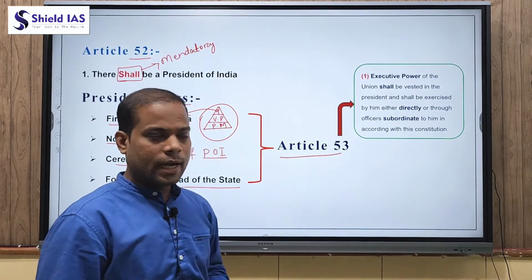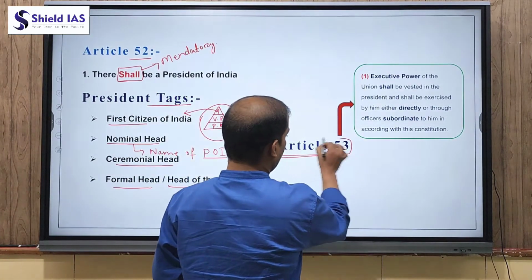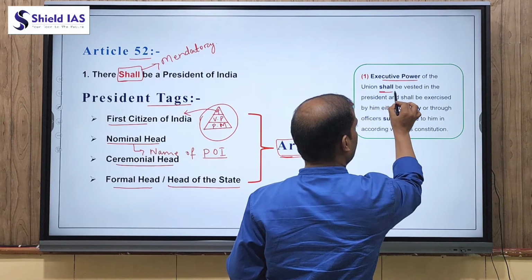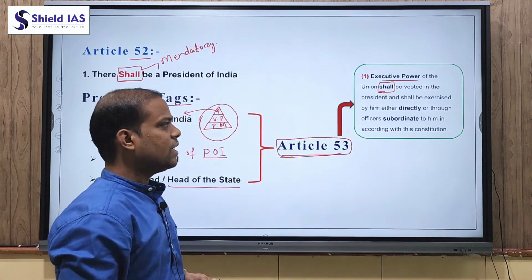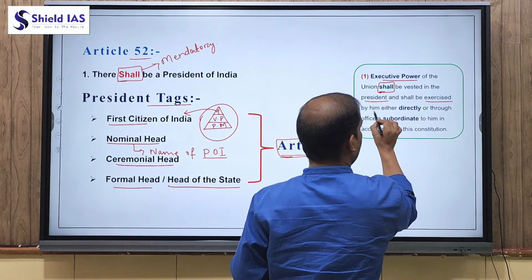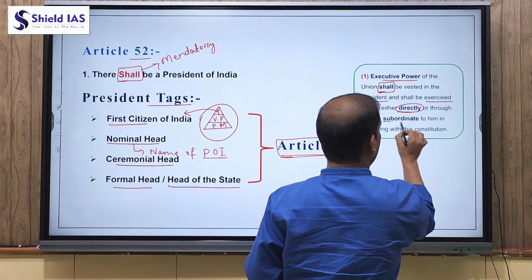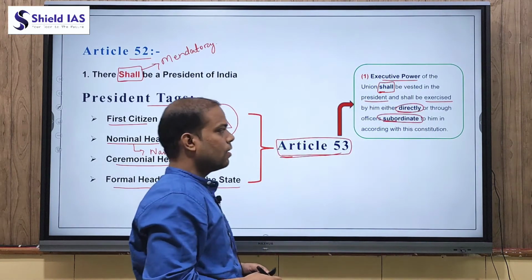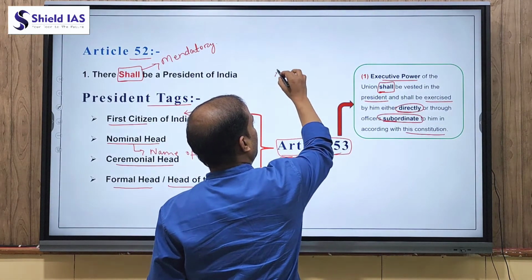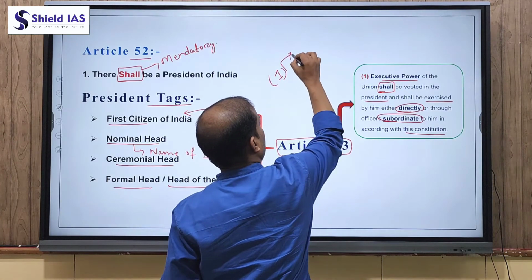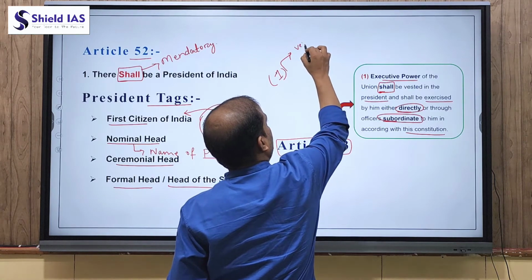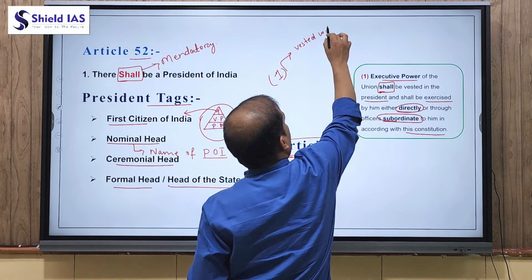Subclause 1 of Article 53 of the Bare Act of the Indian Constitution says that the executive power of the Union shall be vested in the President and shall be exercised by him either directly or through officers subordinate to him in accordance with this Constitution. This means subclause 1 of Article 53 talks about two things. First, all executive power of the Union is vested in the hand of the President,